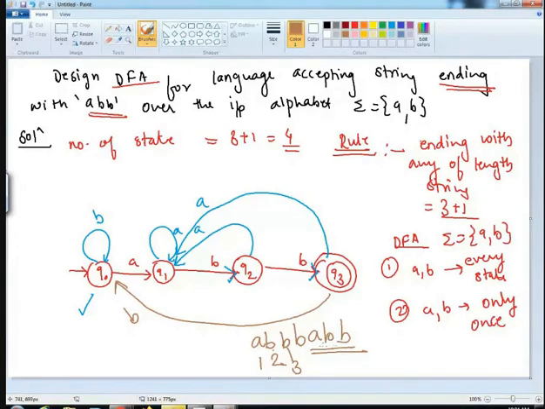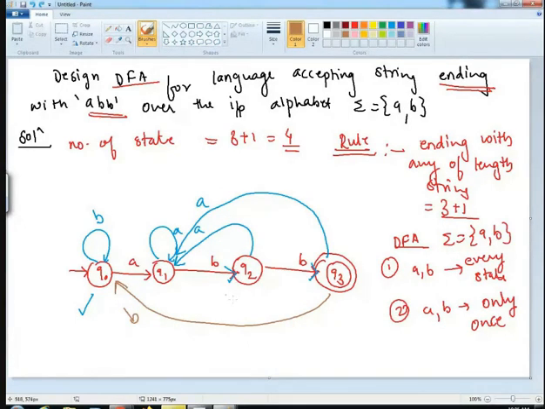The machine has not halted yet because the remaining input string is still there. Then it will go from Q3 to Q0 again on B. And again it will check the ABB condition and it will move to the accepted state. So you can see B of Q3 at Q0.